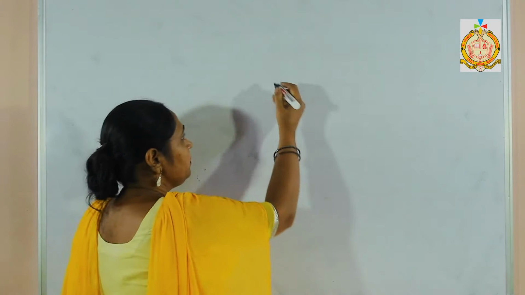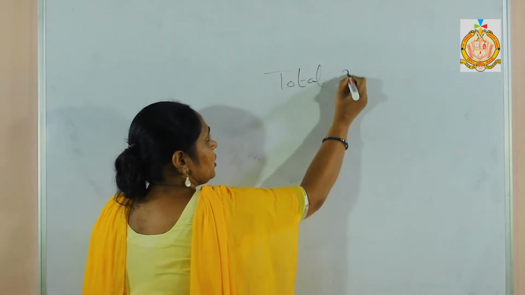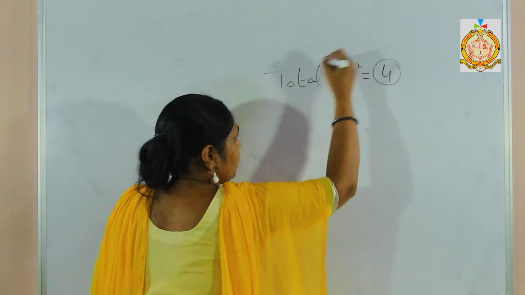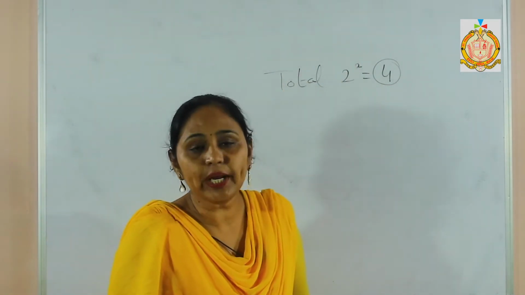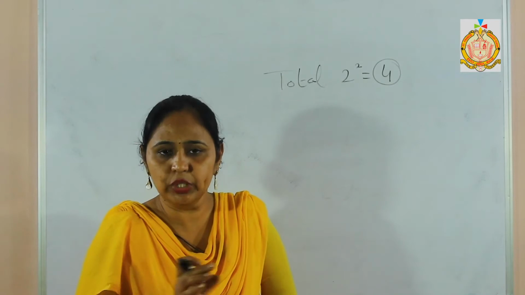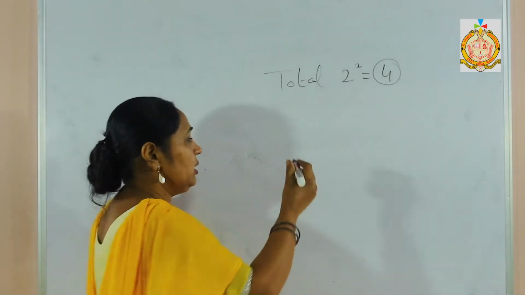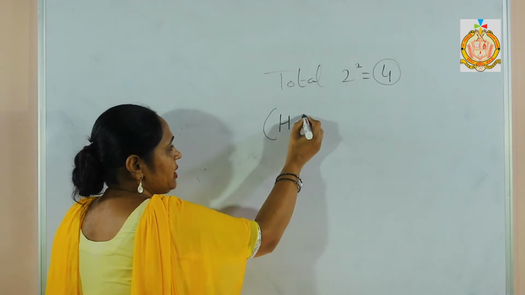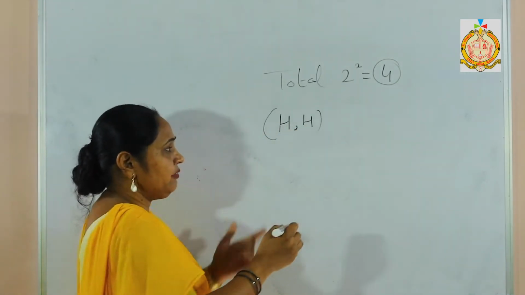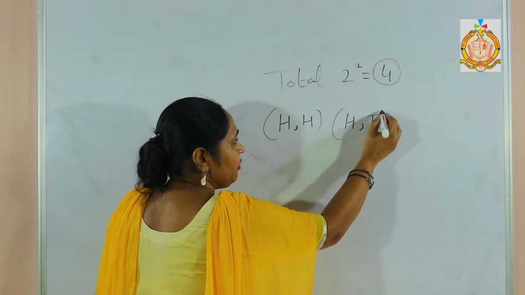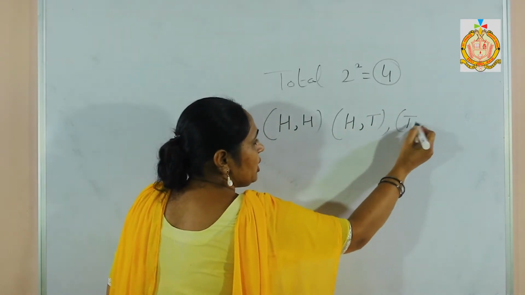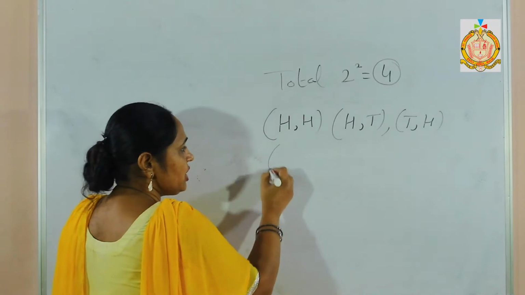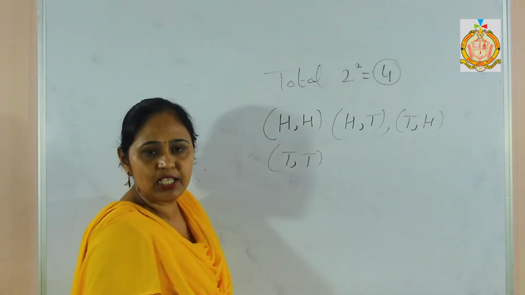See, in sum number 7, two coins are tossed. Now I have two coins, that means the total outcomes will be 2 raised to power 2, that is 4 outcomes. Then I say 2 heads, because this is small, we take it in expanded way. Now what can come? Head and head: first coin head, second head. First head, second tail, or first tail, second head, and the last condition is 2 tails.